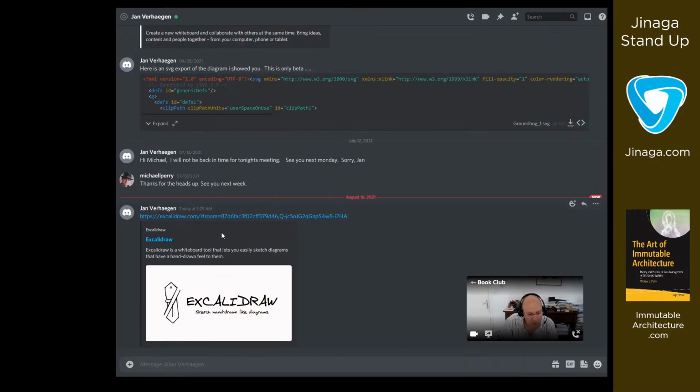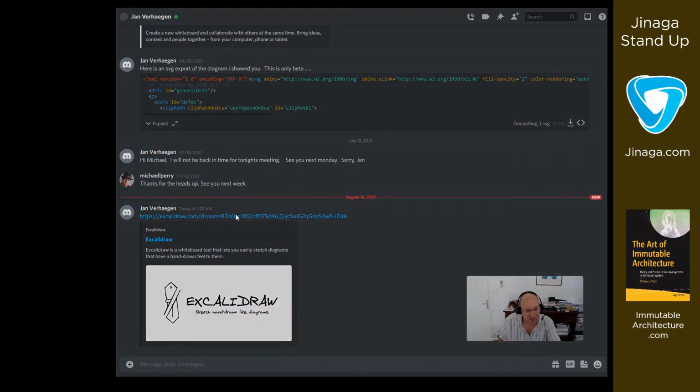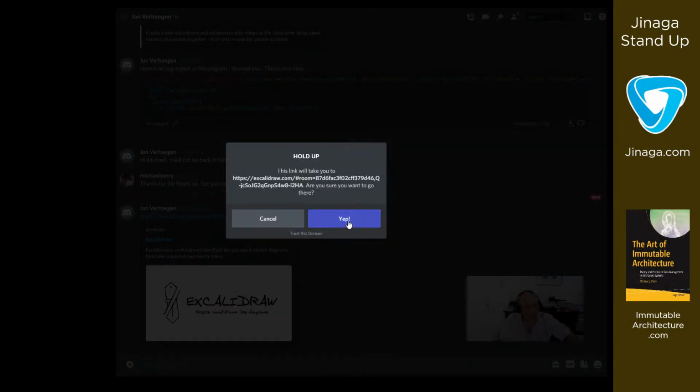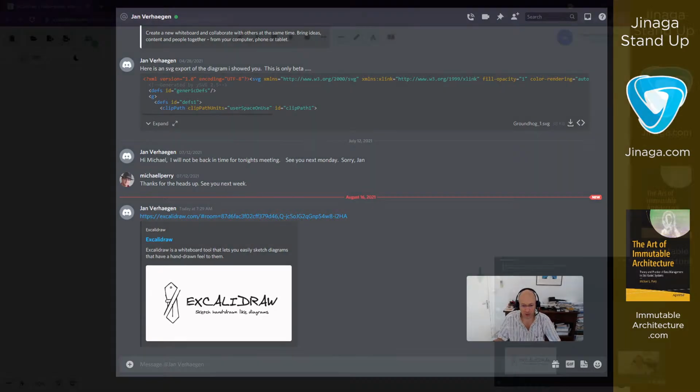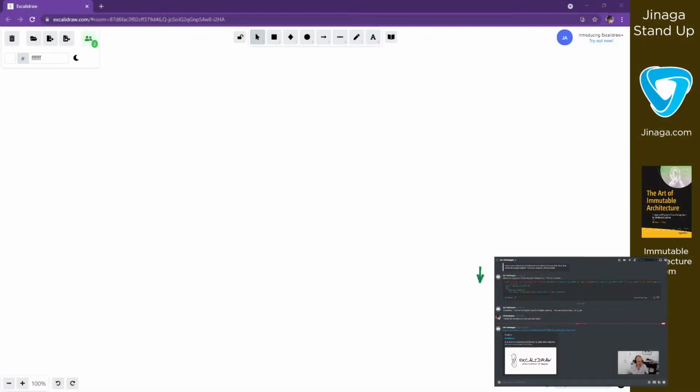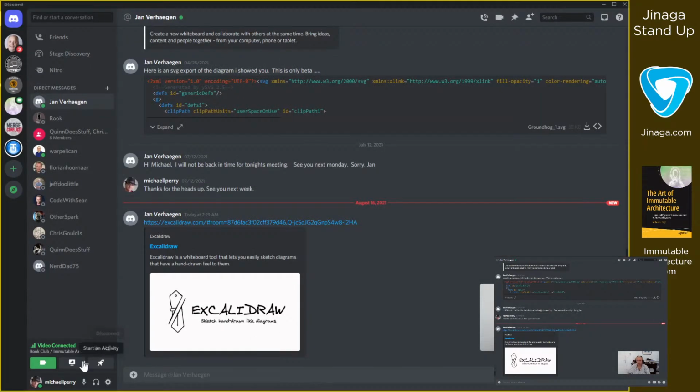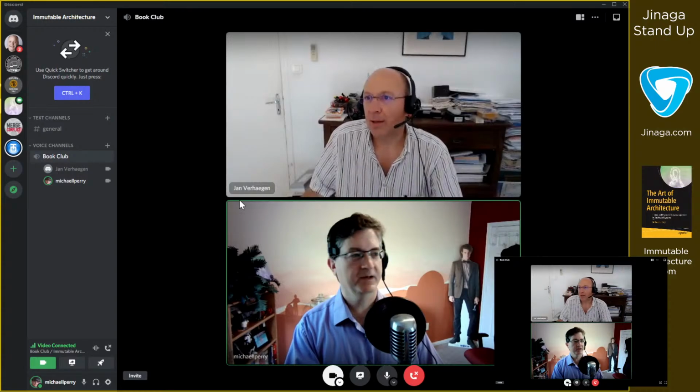Okay, it's a link from Excalidraw, which is a program that allows us to share the drawing. It's actually nice because it works very well just with the mouse and the keyboard, and it's open source. Yeah, it looks like that's worth a shot.